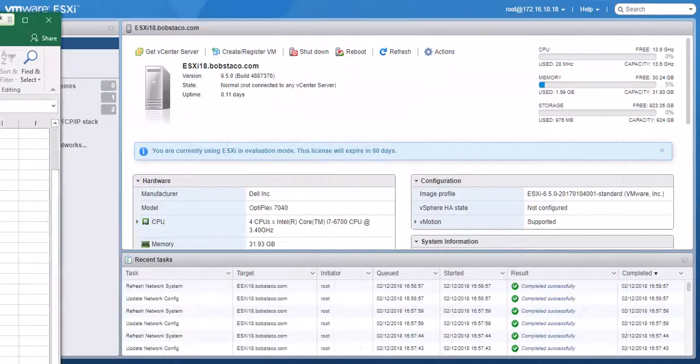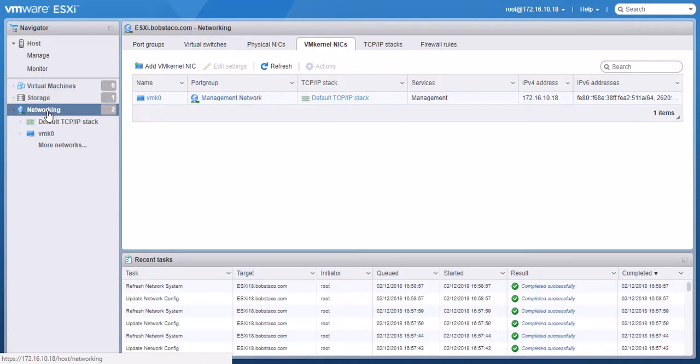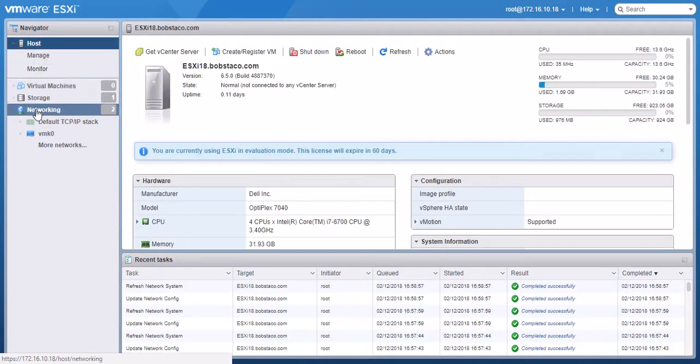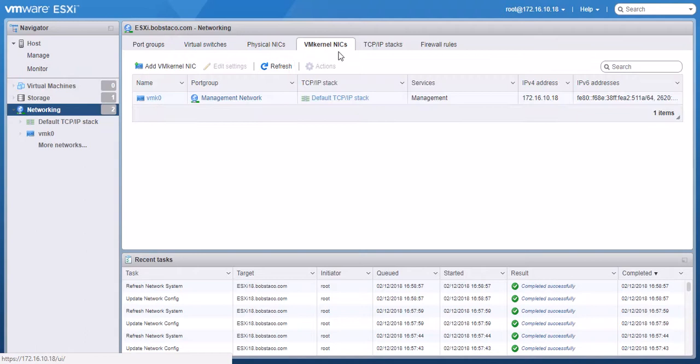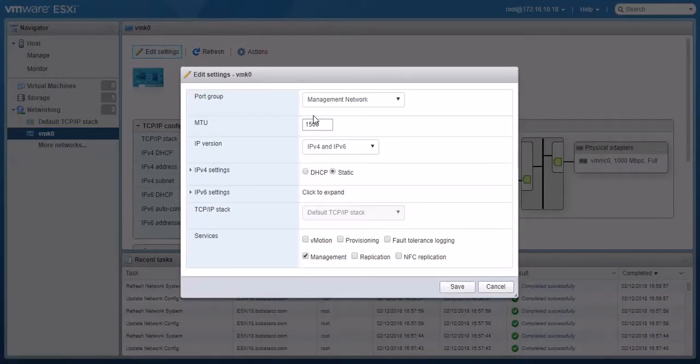To spare you from having to watch me type this all in, let me just show you where you do it, and I've already typed it in. First of all, we'll go for the IP address itself. To do that, we start with host, we go to networking, we're looking for the VM kernel NIC, we go here to VMK0. Okay, there it is, shows us how it connects. We go to edit settings. From the drop down here, we need to choose that we're going to run with both,